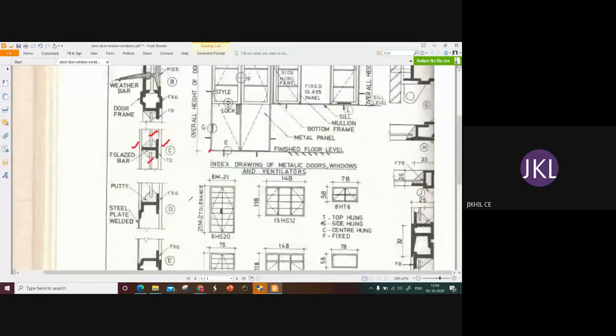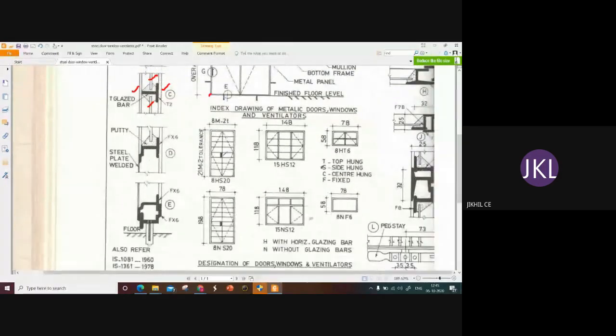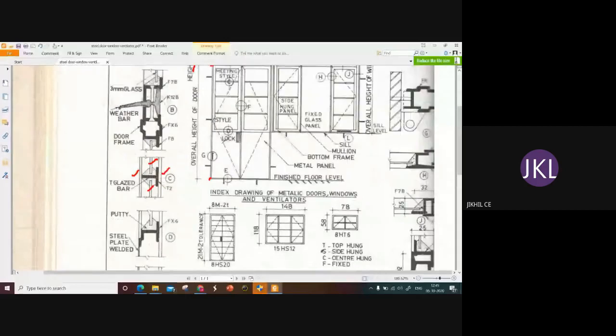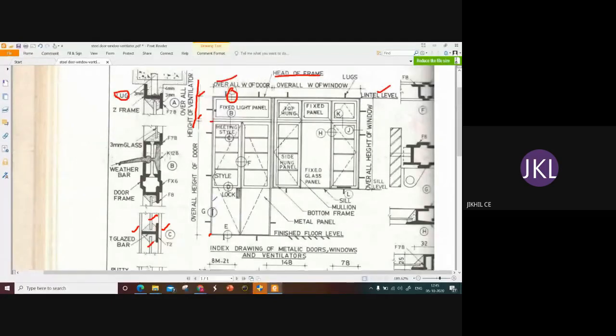And after the section D, you have G and E, where G is the connection of the door frame to the wall. You can see several lugs along the perimeter of this structure, or the doors as well as the windows. Lugs are thin metal strips. At the top portion, these lugs connect the door or windows to the lintel.